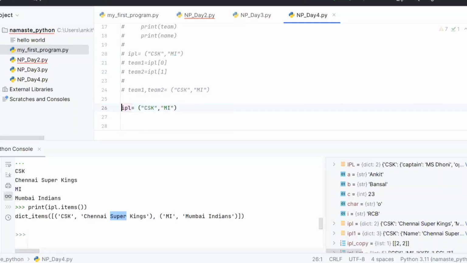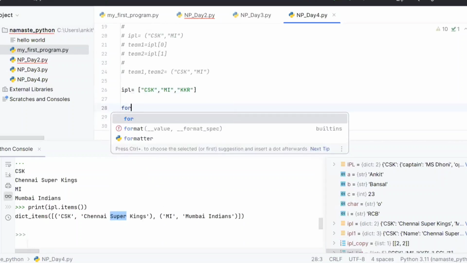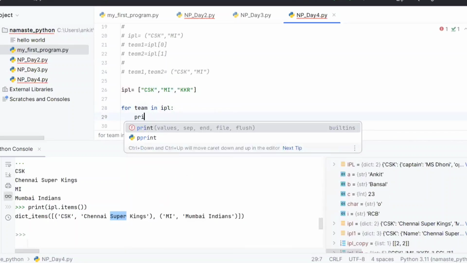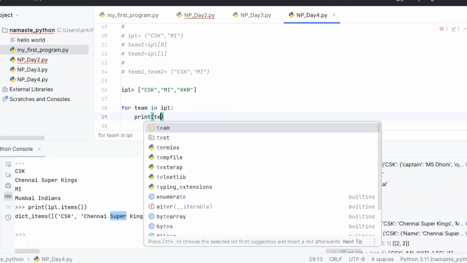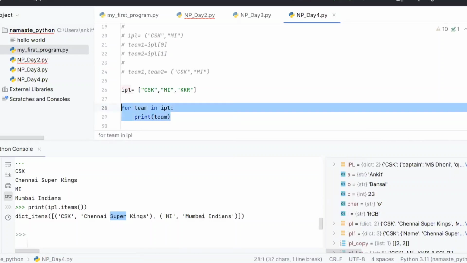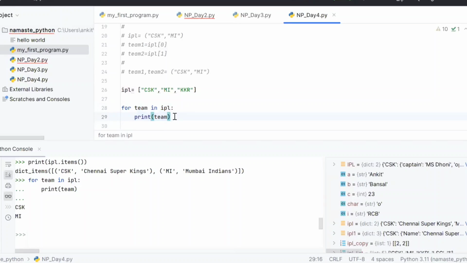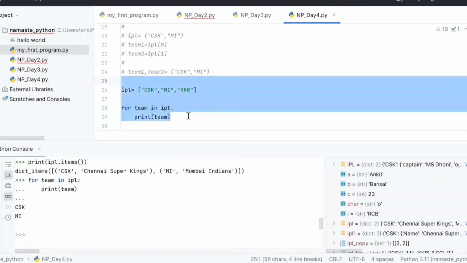Okay. So this is my list, and let's add one more element here. Now let me run a loop again for the IPL rank team. Okay. Now what I want is... okay, I did not run this one.